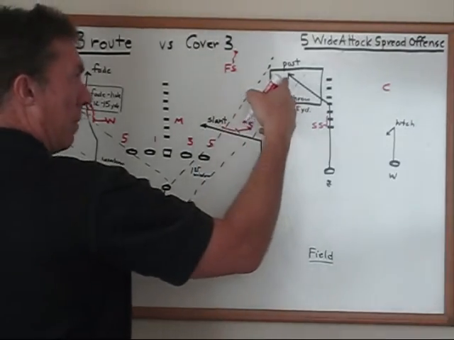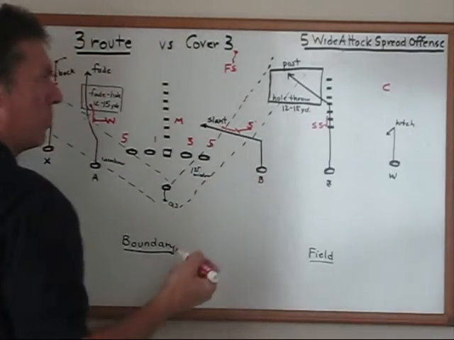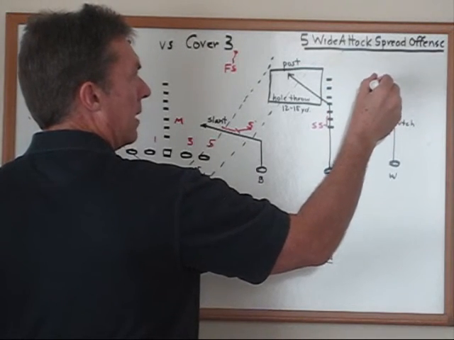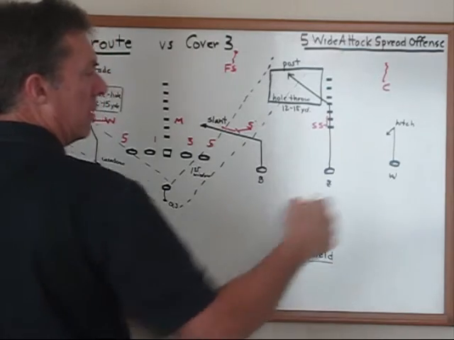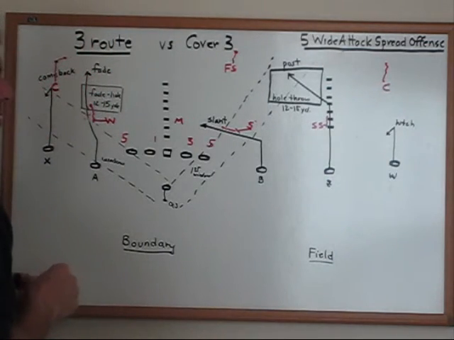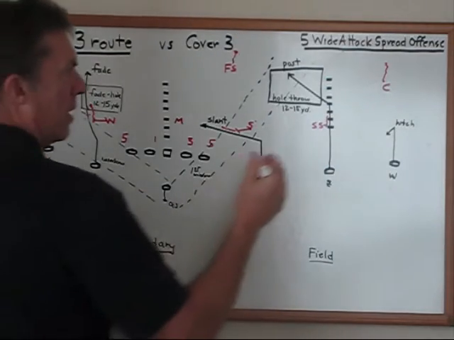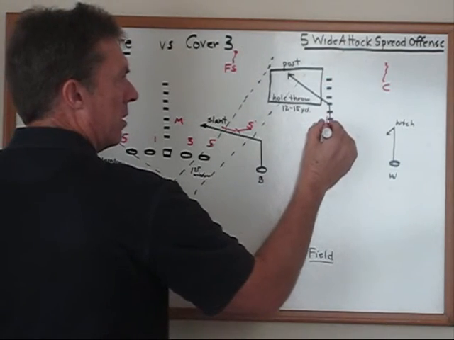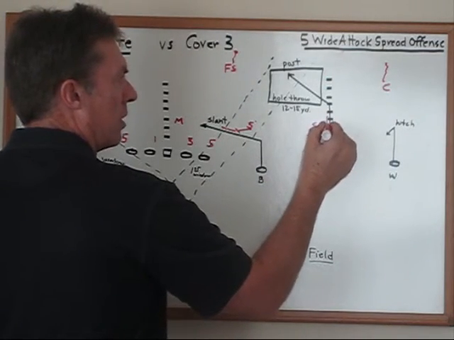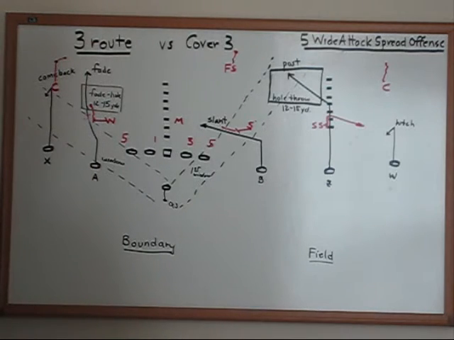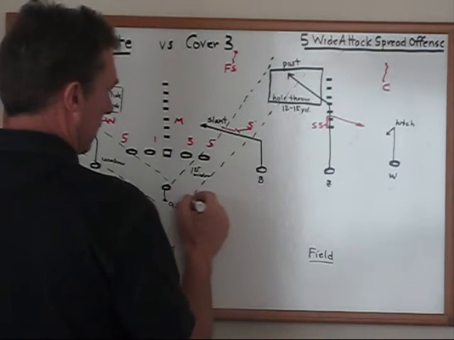If we make this throw once or twice, then what ends up happening is this cornerback, he's watching the route of the initial read, which is the W route on a hitch, and he knows he doesn't have that area that the strong safety does. So what happens over here is the strong safety's walled up a little bit, he sees a hitch route by number 1, and off he goes to the hitch. Quite often, we can actually beat that